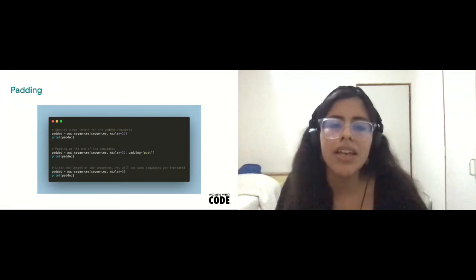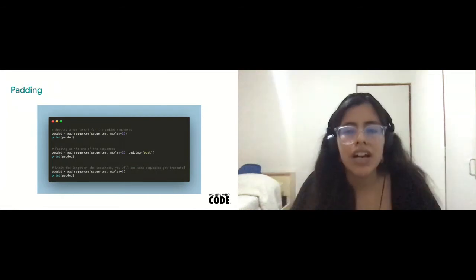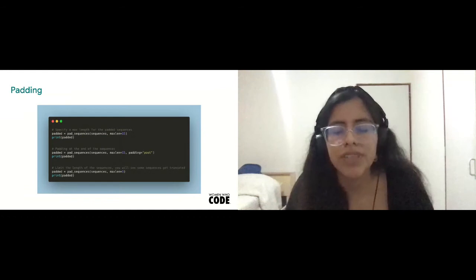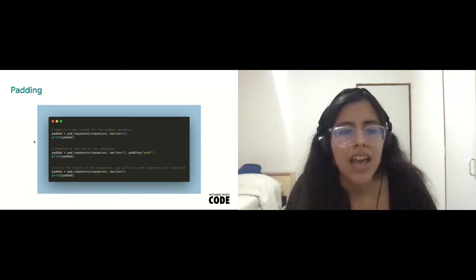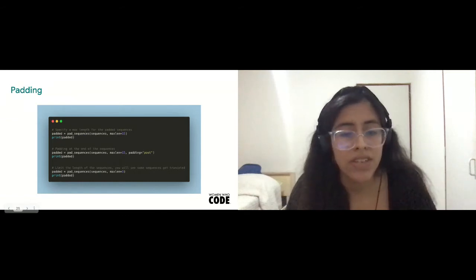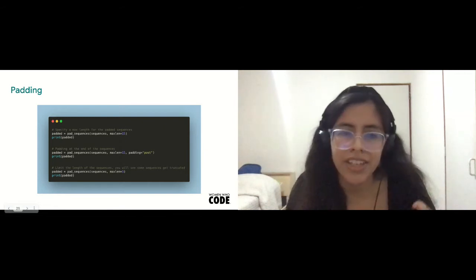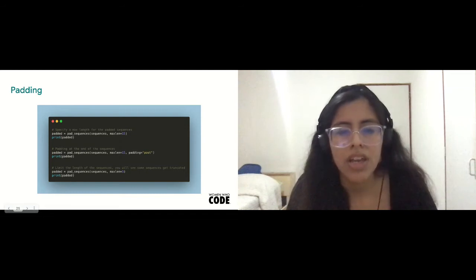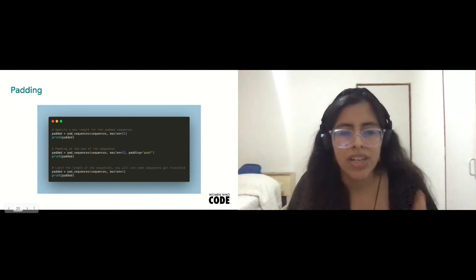And padding. Padding is when you have some sentences and you need to prepare your input text and then tokenize, but you add zeros at the end of the sequence of words to make the samples the same size.